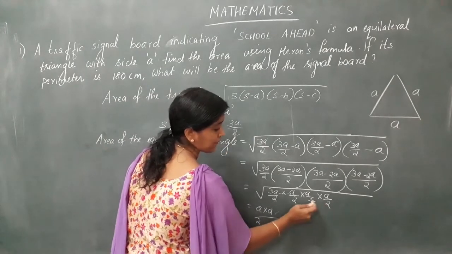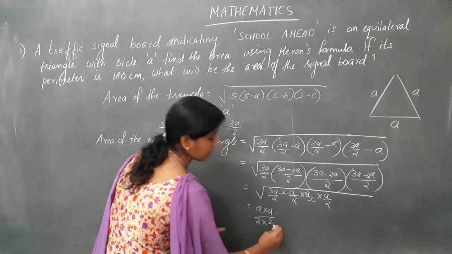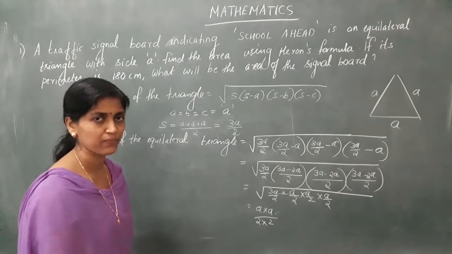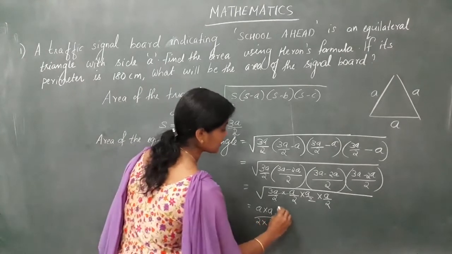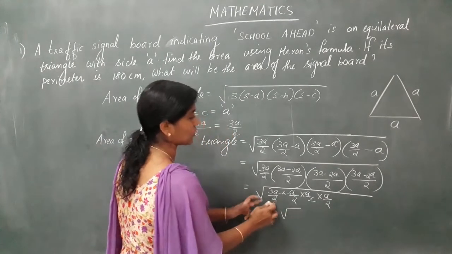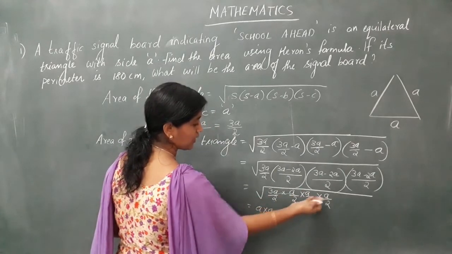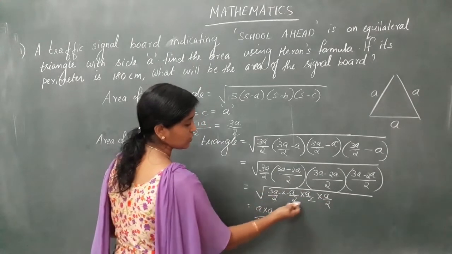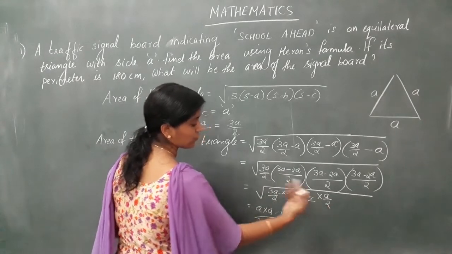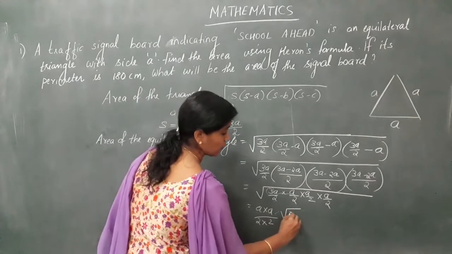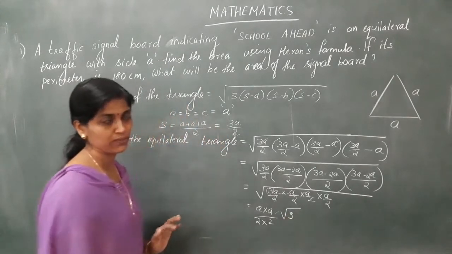Divided by 2, this, isn't it? Again, 2 is having a pair. So divided by 1 more 2 will come and keep the operation multiplication. We have studied last year. So we'll get, that is inside the root, what is left here? We have taken A outside the root. Again, one more pair of 2 we have taken outside. So what is left here? Only 3. So we get only 3 inside the root.